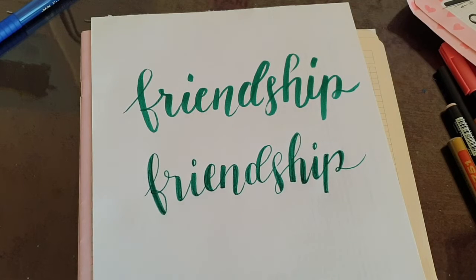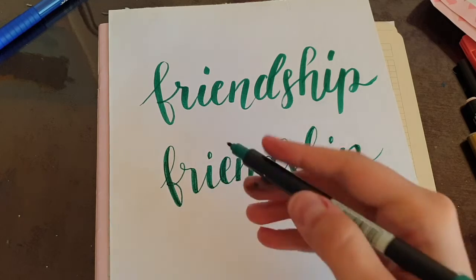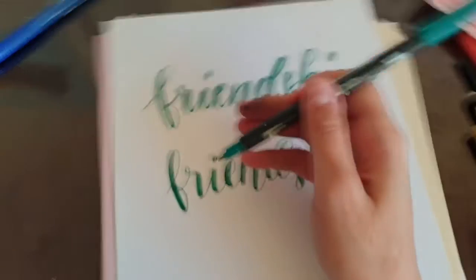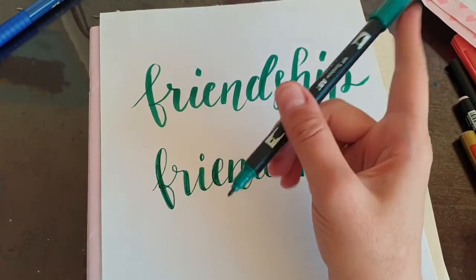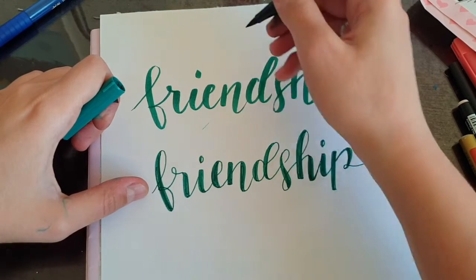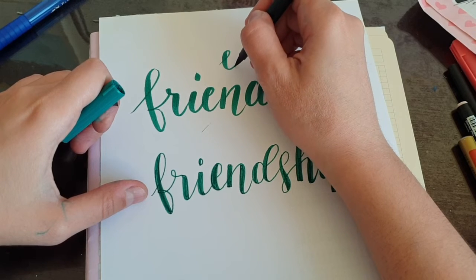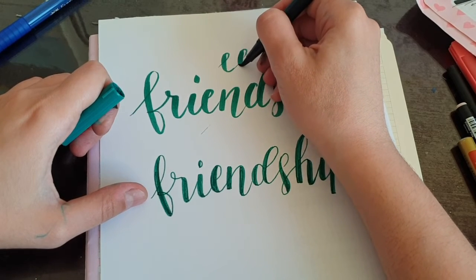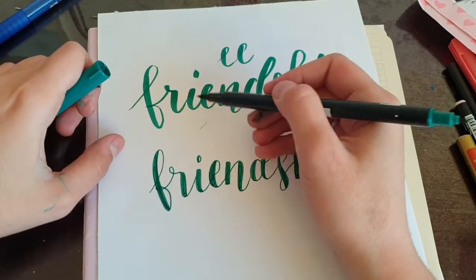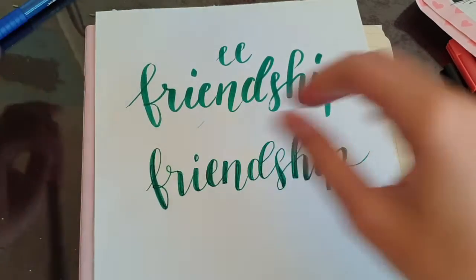So as you see, it's not 100% same, because these parts are thinner here, but with the brush you cannot go as thin as, either you need to do a very thin line. You have to write with the tip. But normally when you're writing it's not that thin. So if you want to make the shades,